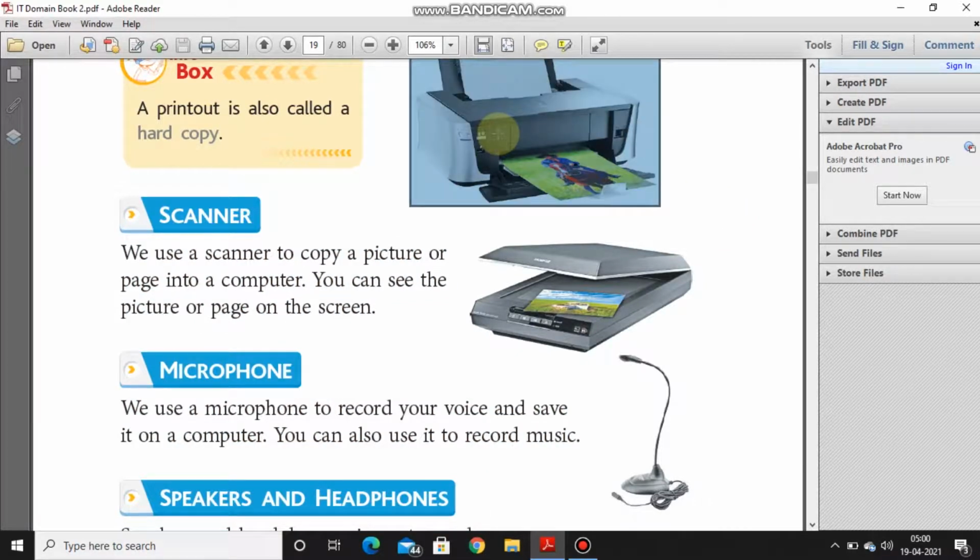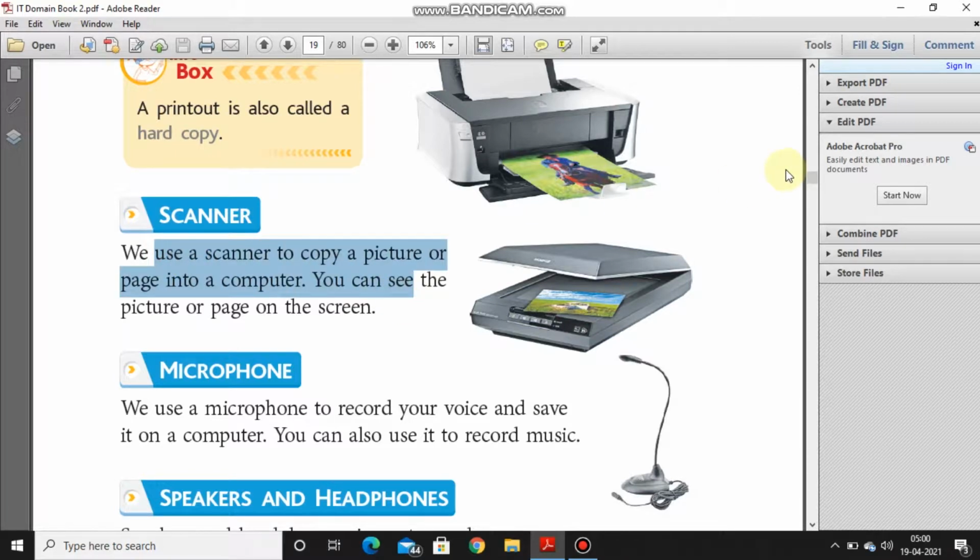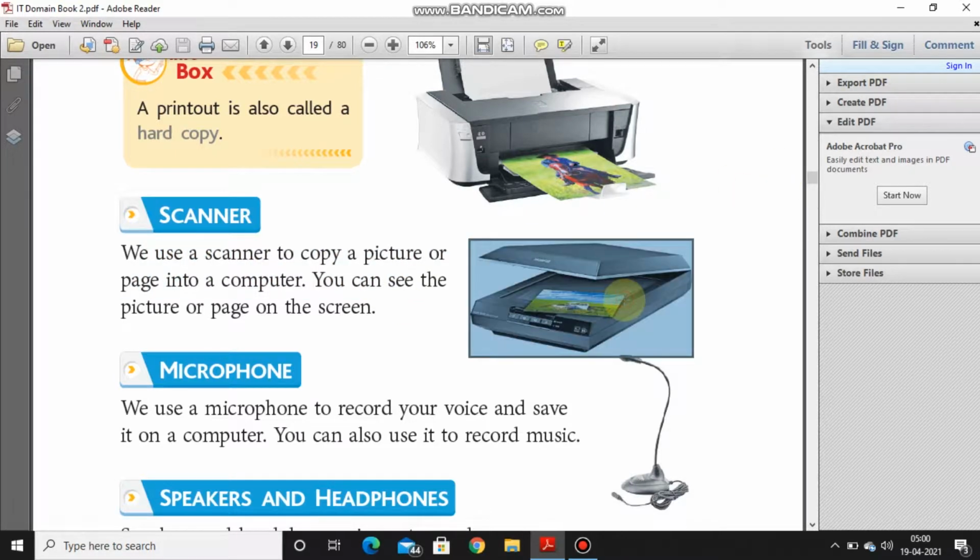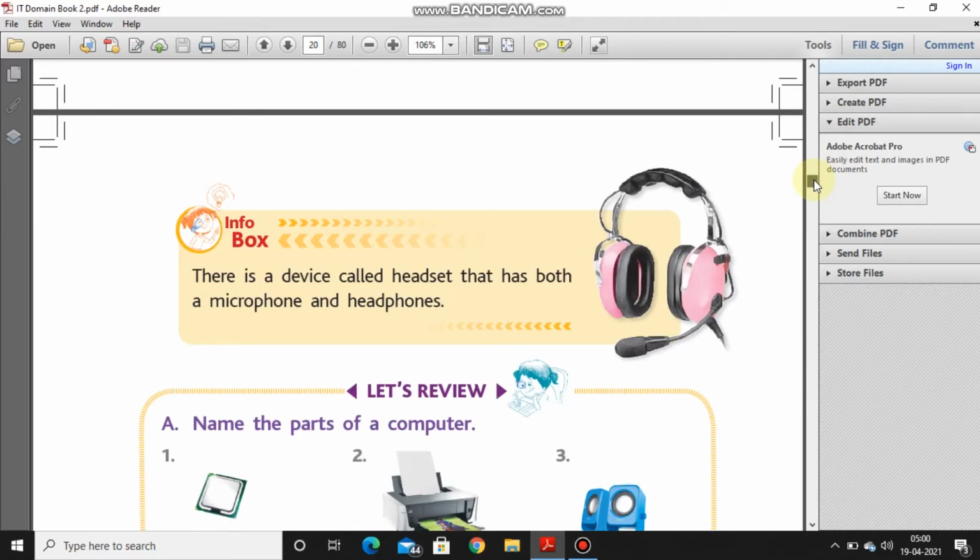Printer is an output device. It provides you the output, the result. Scanner is an input device which helps to scan the content and save it in the computer's memory. Microphone and